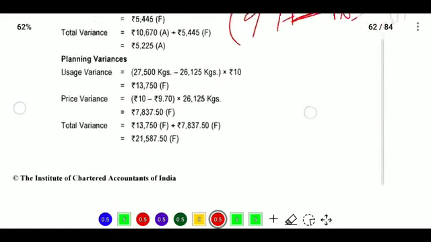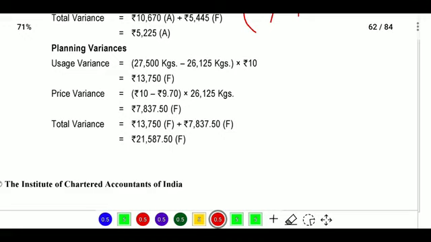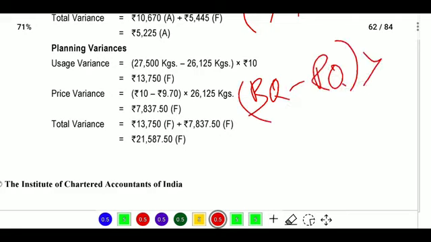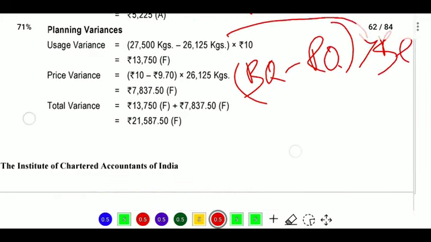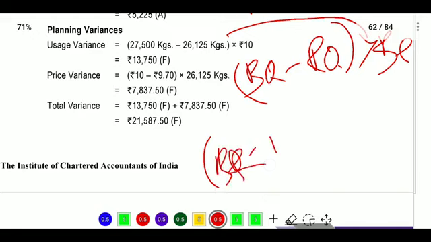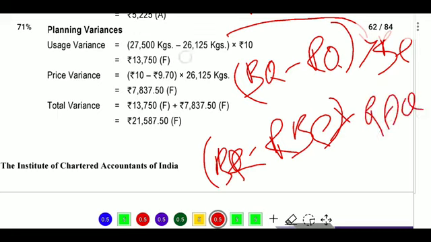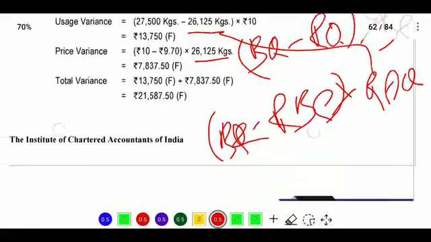Now, planning variance. Planning variance means what? Budgeted quantity minus revised quantity, into which price will we take? The standard price, that is the budgeted price, 10 rupees. And we will go for the price variance. Two differences: budgeted price minus revised budgeted price, into which quantity will we take? The revised actual quantity, 26,125, we will take. Here we will get the total variance. Now